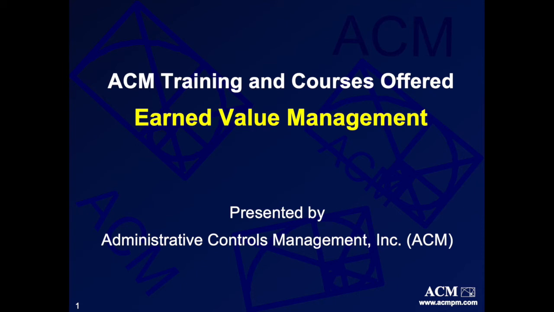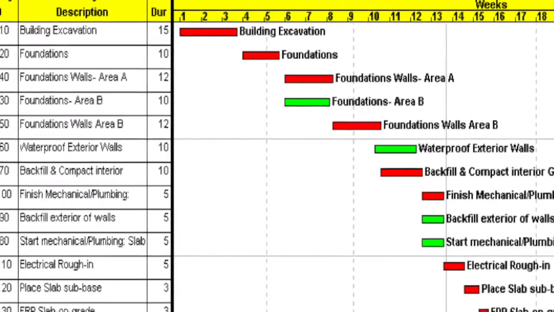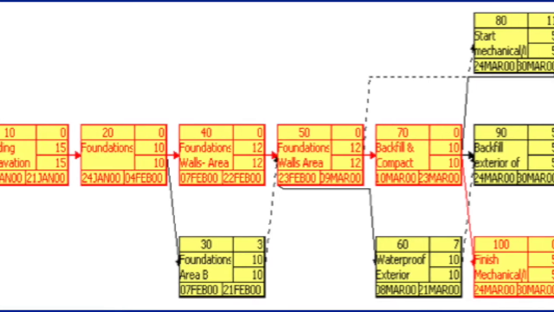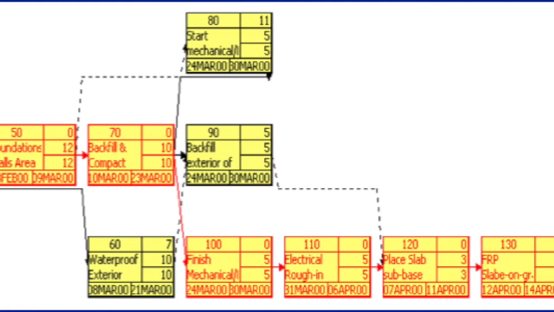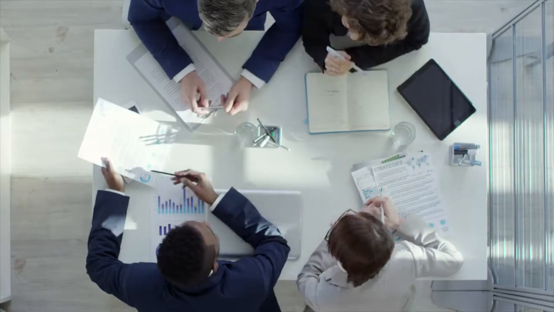And welcome to Administrative Controls Management's Earned Value Management course overview. In this one-day course, participants will follow along with industry experts to cover various topics including scheduling, where various schedule types such as a bar chart and logic diagram will be discussed, resource management, where participants can understand how to